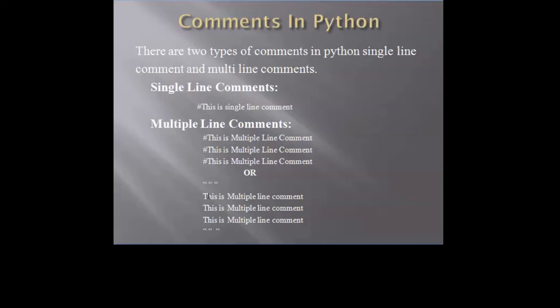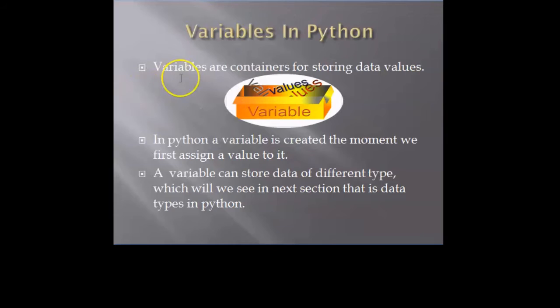Okay, now moving on to variables in Python. What are variables? Variables are containers for storing data values. It is as simple as a container in your kitchen. You can put anything in it, sugar, tea powder, anything you have. But did you think that in a kitchen container, we can keep only those things which are needed in the kitchen? Am I right? Yes.